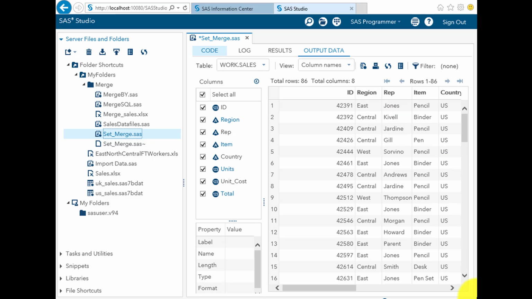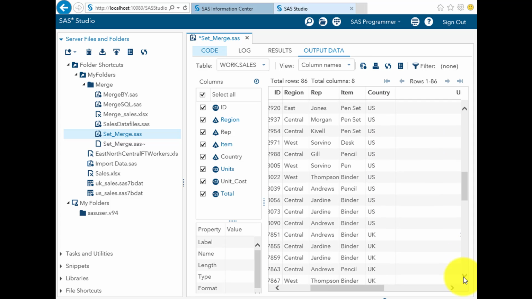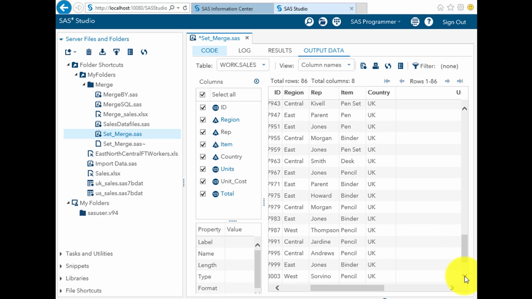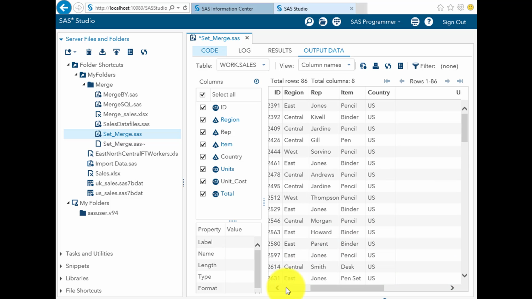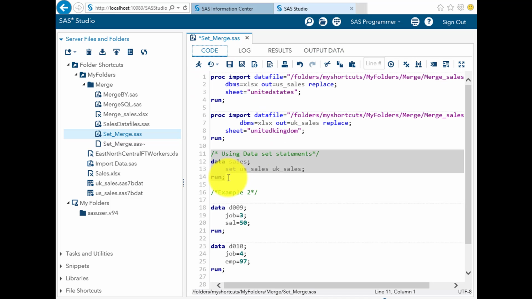And here you can see in the country column, the first dataset was US_sales, so the top rows are showing US, and if we move down, you will see UK. So it's the UK_sales observations. All the rows have been added; the number of columns and the naming convention were the same. It's just that the two datasets have been merged together, and a new dataset sales has been created. Okay, that is one way.